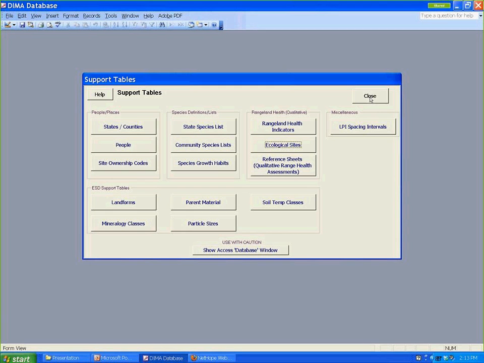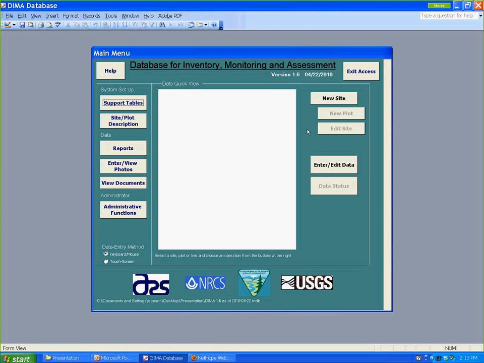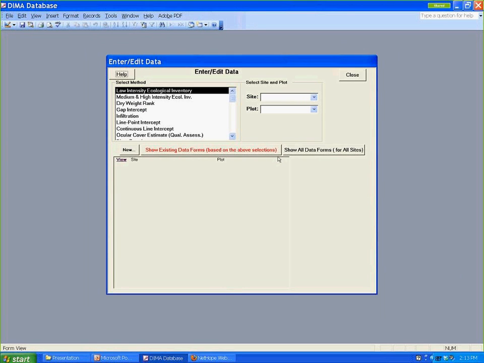So now we're going to jump back and talk about some quick uses of the database. Several individuals, including some people in our group, find that they like to collect ecological inventory data. This might be for ESDs, or it might be just because you're out looking at the landscape, trying to figure out where you're going to set up your experiment or your sites, or how you're going to actually sample what's out there. So I'm going to select low intensity ecological inventory,